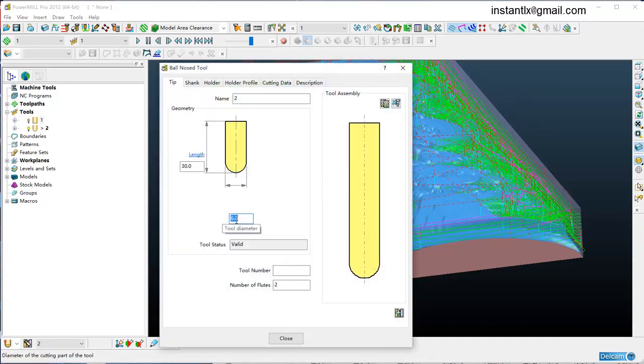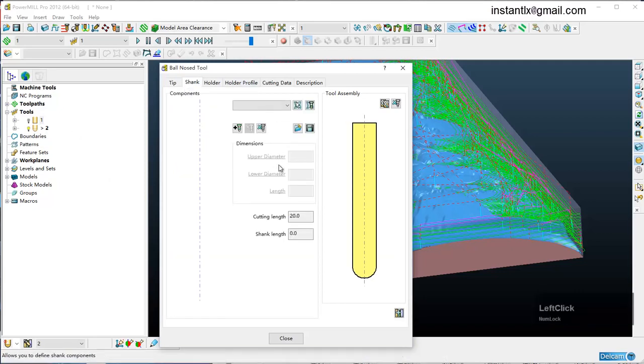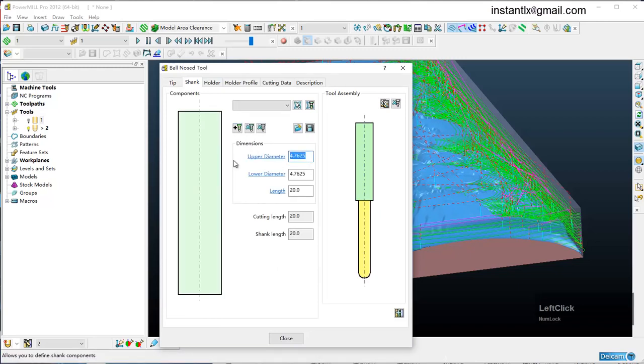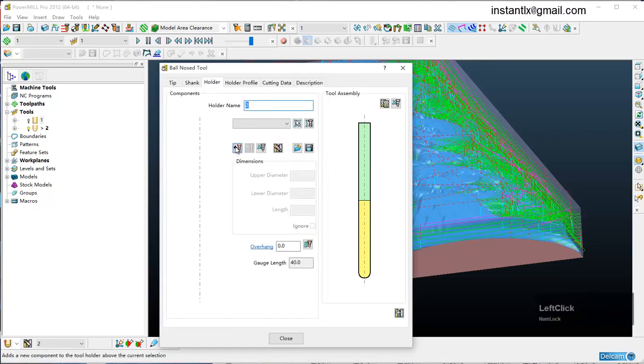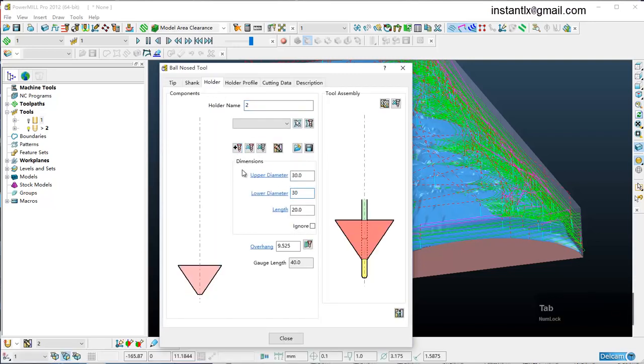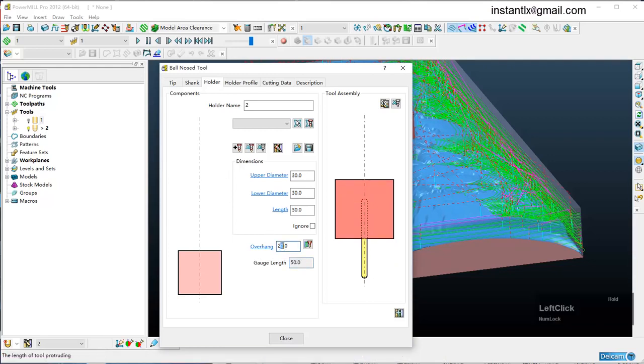and now we create a ball nose to do the finishing work, and we need a smaller tool to get more details, so it's 3mm, and a tool with 20 of blade. Okay, the holder. Okay,